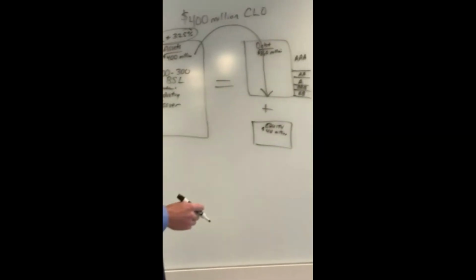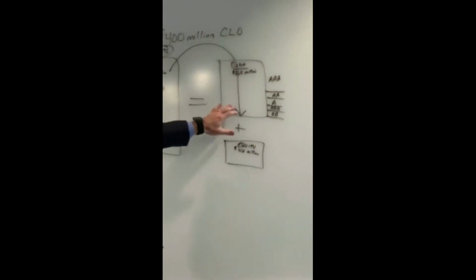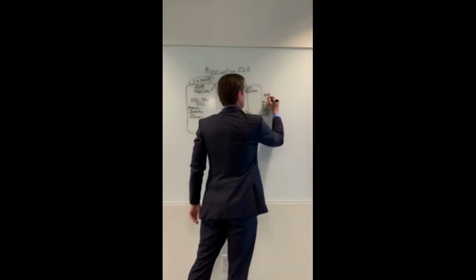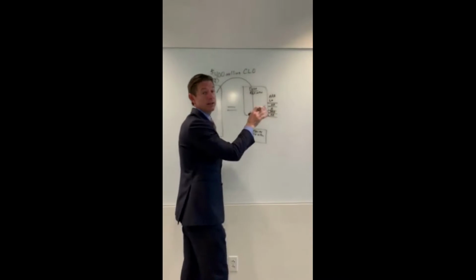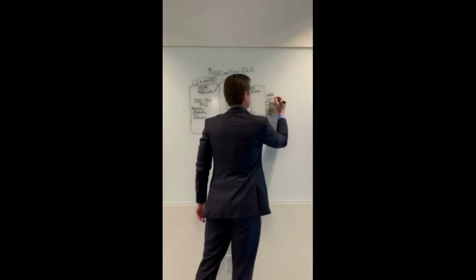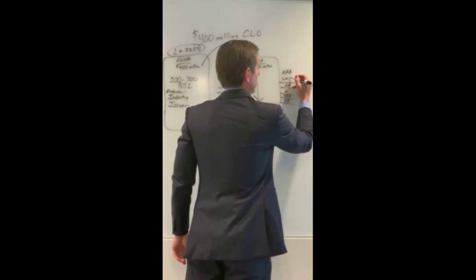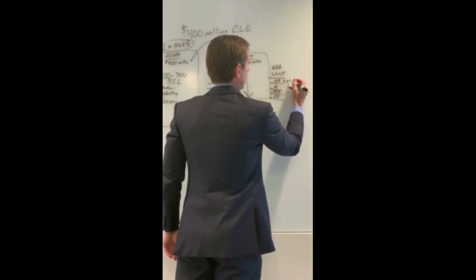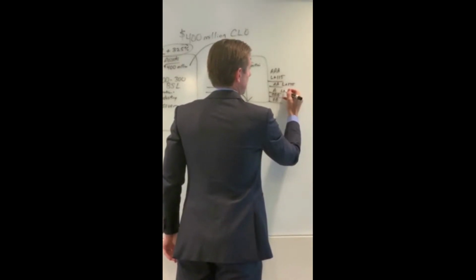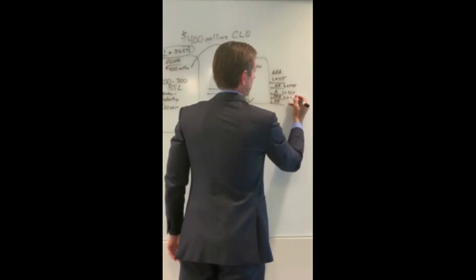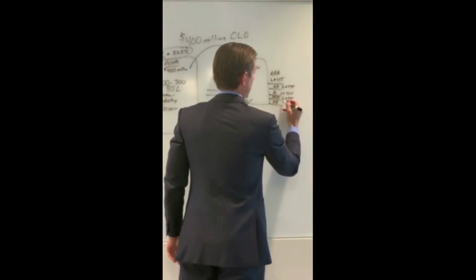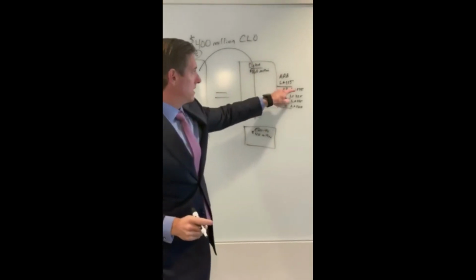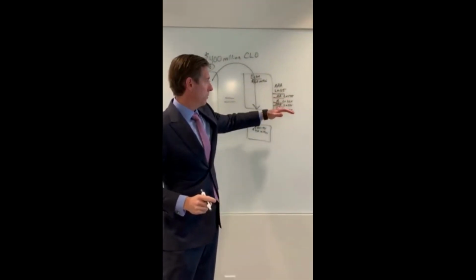very important to note. So if you look at the structure, each of these pay interest, but they pay it at slightly different levels. And this is completely illustrative, but to show you what this looks like, maybe the AAA gets paid LIBOR plus 115, and then the AA would be LIBOR plus 175, LIBOR plus 225, LIBOR plus 325, LIBOR plus 500. Each one of these offers a slightly additional amount of interest to take into account the